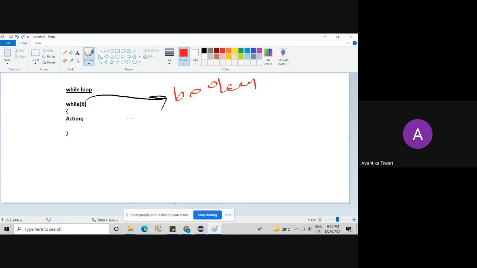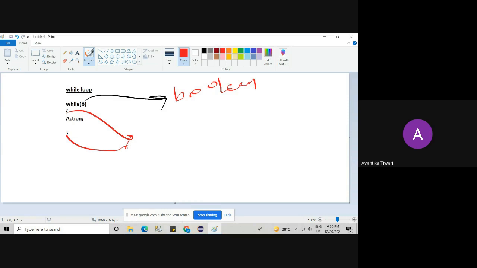Now tell me, these braces are optional or mandatory? It is optional. Other than switch, everywhere the braces are optional. Only in switch it is mandatory. And if it is optional, then only a single line is valid without braces. We have already discussed that in if else.